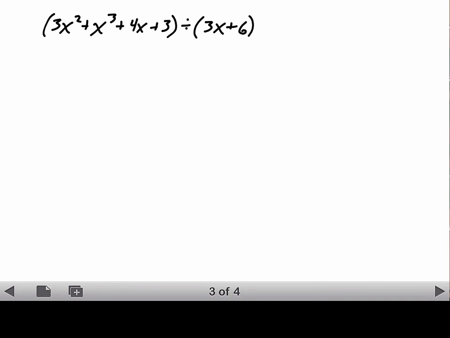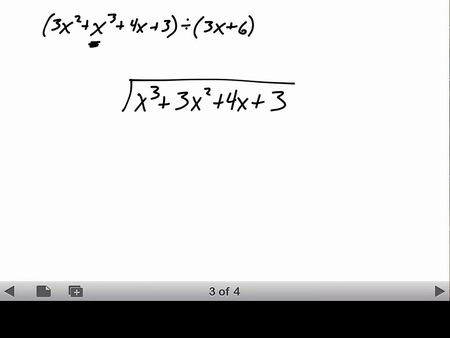On to the next. Here we've got 3x squared plus x cubed plus 4x plus 3 divided by 3x plus 6. First thing I want to point out about this is that the dividend, the original polynomial, is not in descending order. Descending order refers to exponents, and the exponent that's biggest should be first. If you don't have that, this process just doesn't so much work. So x cubed plus 3x squared plus 4x plus 3 inside the division house thingy,